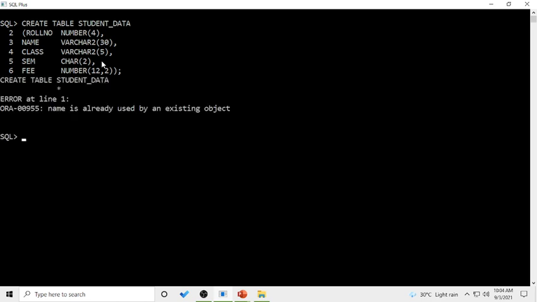If you click here, it says this is a common error we may be facing. Create student data. This table is already there, so I can do one thing. I can give a new name to this. I have taken data 1, enter.